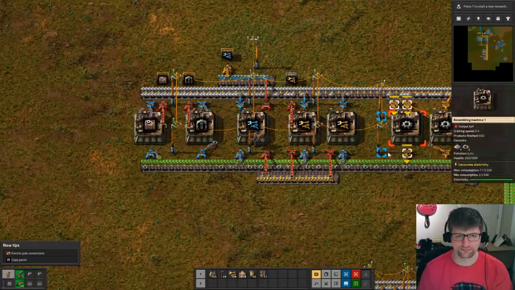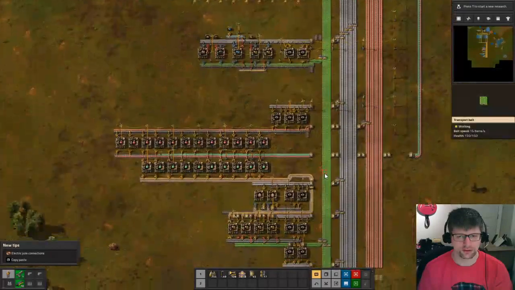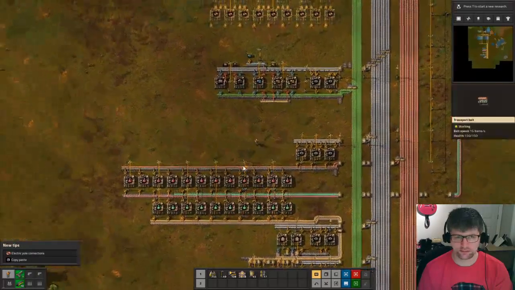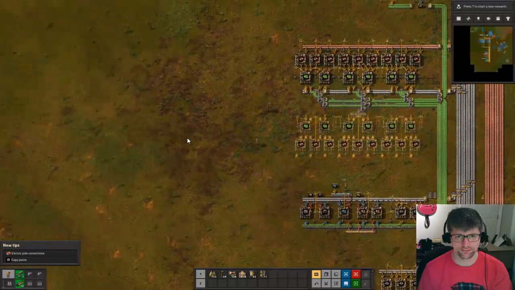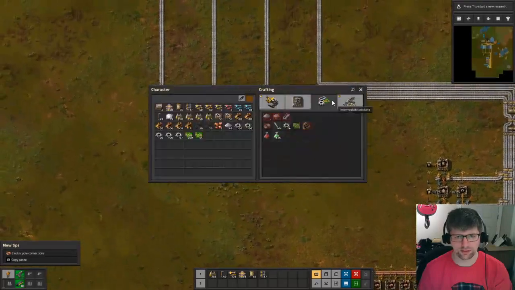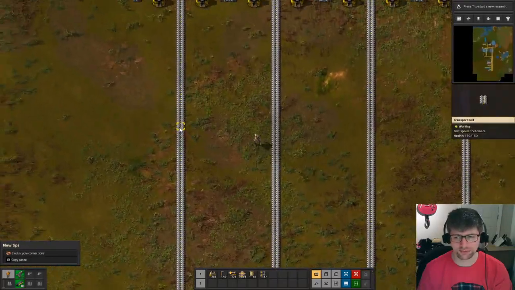Yeah, let's see here. So we got that basic science production going on. We need steel, that's right, we need steel. Get your steel. $9.95. For the low, low price of twice the amount of... No, not twice. How much? 5 times the amount of iron that you...